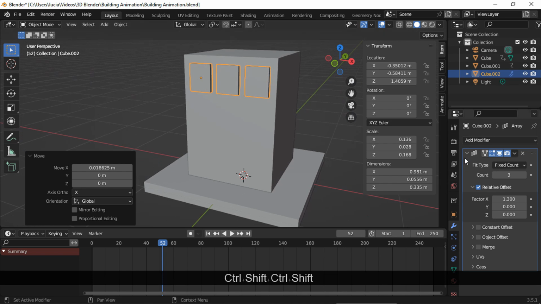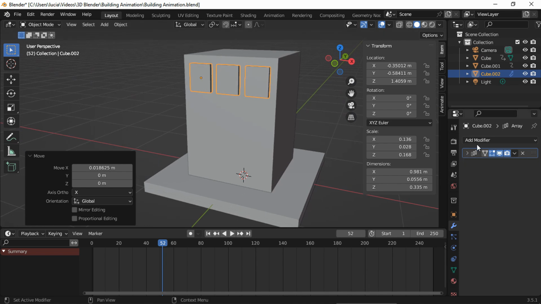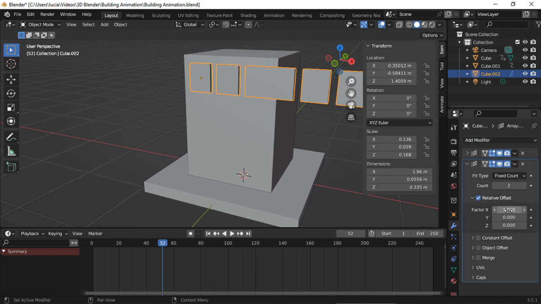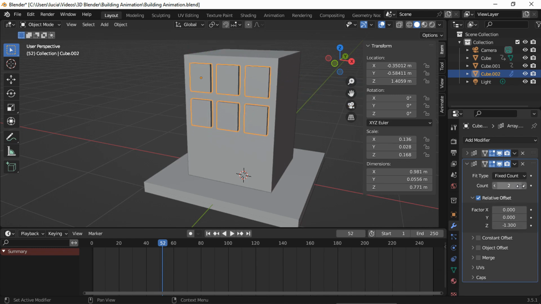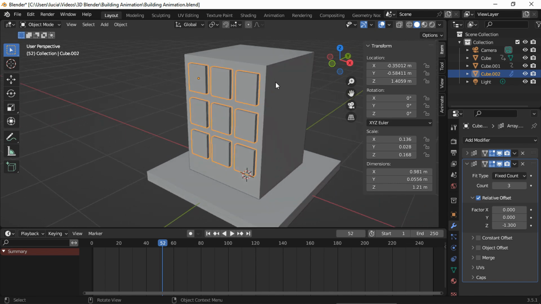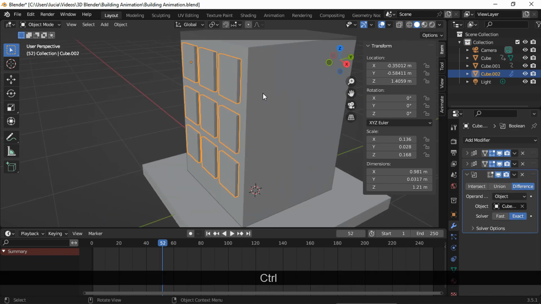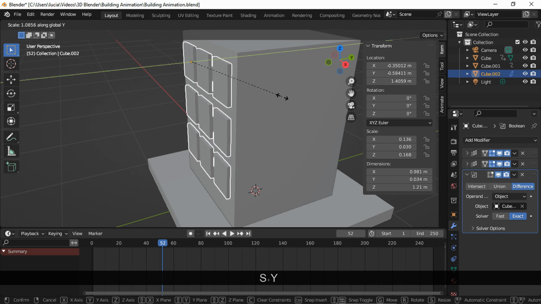And I want 2 more rows, so I need to add another array modifier. You could create a door as well, add windows on the side, or even create a different kind of shape for the windows.